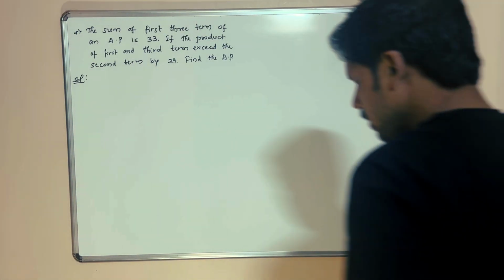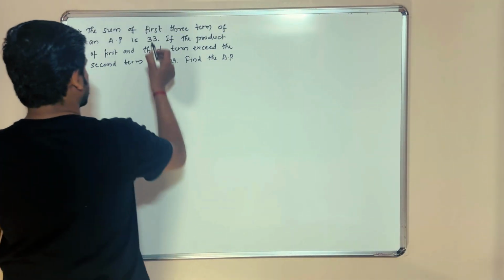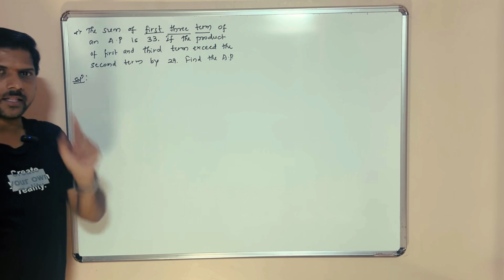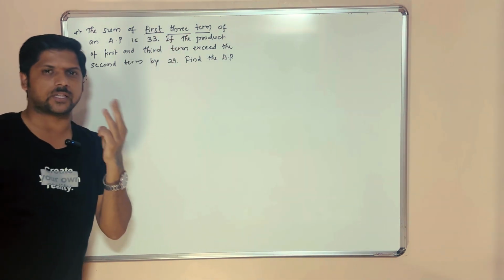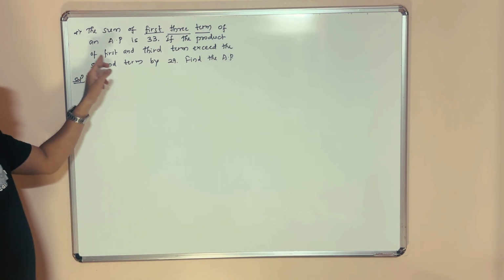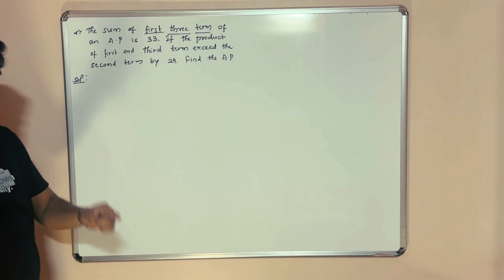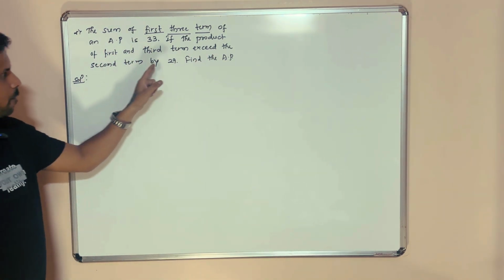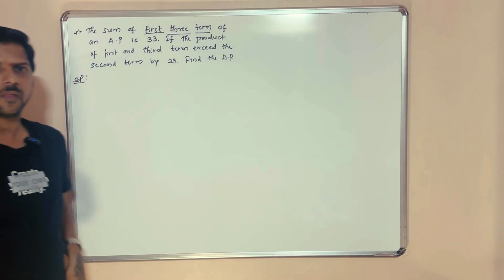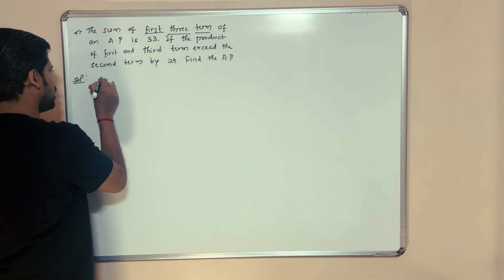So, give an example. The sum of the first 3 terms of an AP is 33. Sum, addition of first 3 terms is 33. And if the product of first and third term exceeds the second term by 29. This is given, right? We have to find that AP. Okay. So here given is, consider